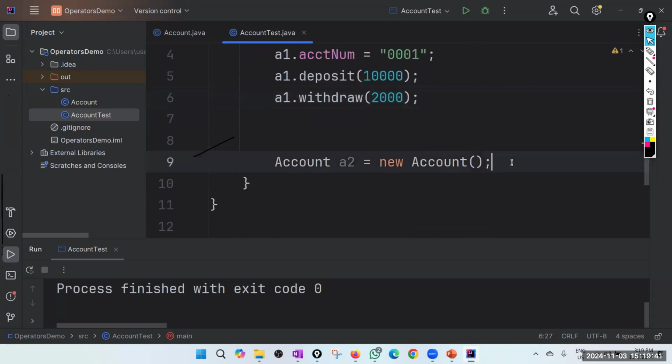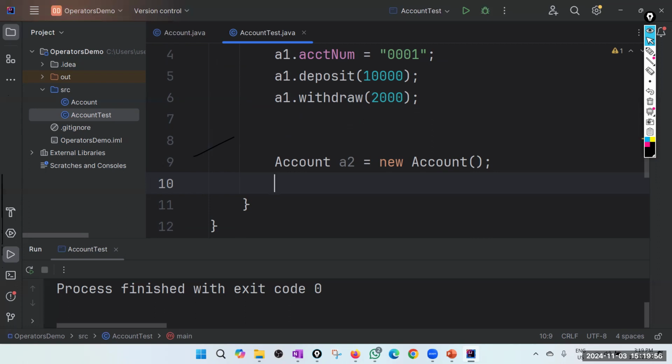So similarly, let's say this guy also has an account number. Of course, you don't set it like this. Usually, your card has your credentials. When you insert your card, the machine will read the account number from your card.